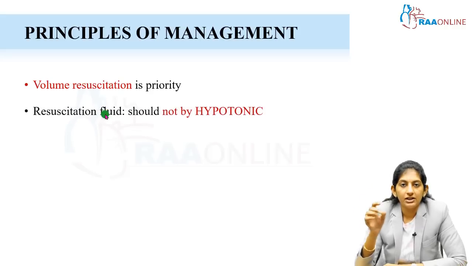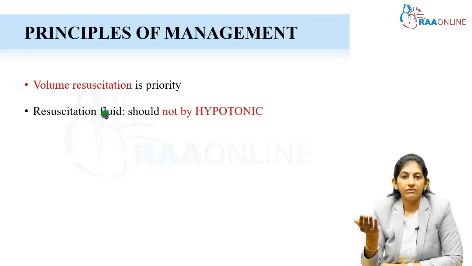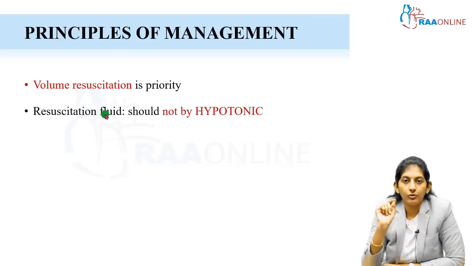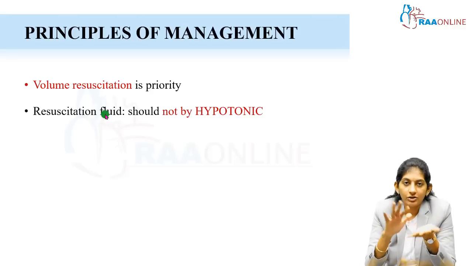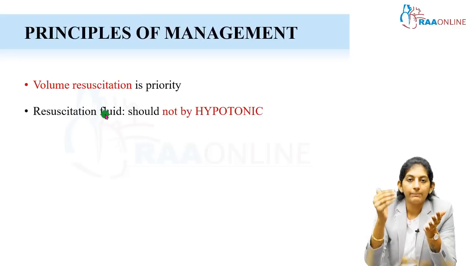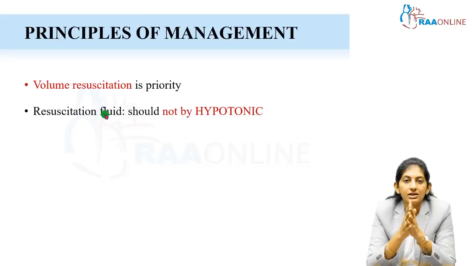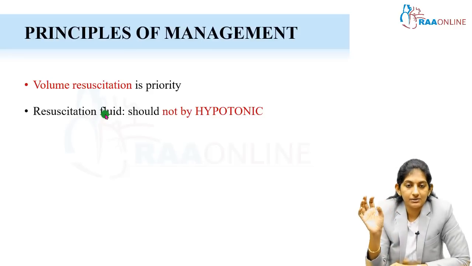Very, very importantly, do not give hypotonic fluids like N/2 or N/4 saline, thinking that I am going to reduce hypernatremia and so I will give a hypotonic fluid. No. For a hypovolemic hypernatremia, the priority is to resuscitate by giving volume. When you give proper volume resuscitation itself, you can see the sodium coming down wonderfully. So the first step in hypovolemic hypernatremia will be volume resuscitation. Please give isotonic fluid, saline, NS.